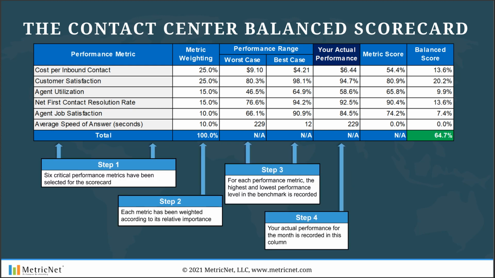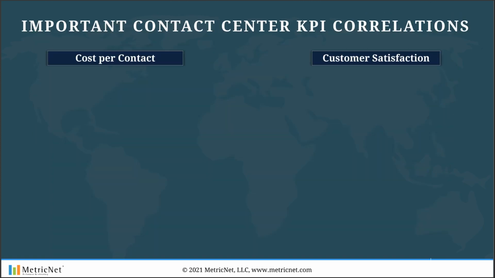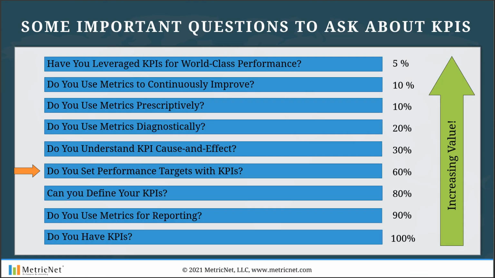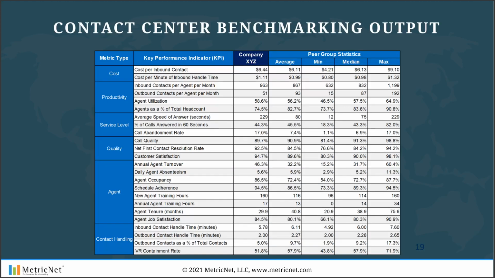So we're continuing with our example here. We're using the same data we use for the balanced scorecard to ask ourselves, how do we establish performance targets? So this was a snapshot from their benchmarking report, company XYZ, their performance, third column from the left, the metrics we used in the benchmark, second column from the left, the taxonomy, the MetricNet, their metric type in the left-hand column. And then for the peer group, the 27 contact centers that were in this peer group, we show statistics,